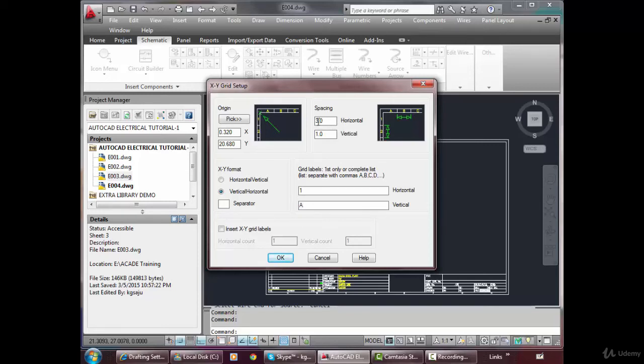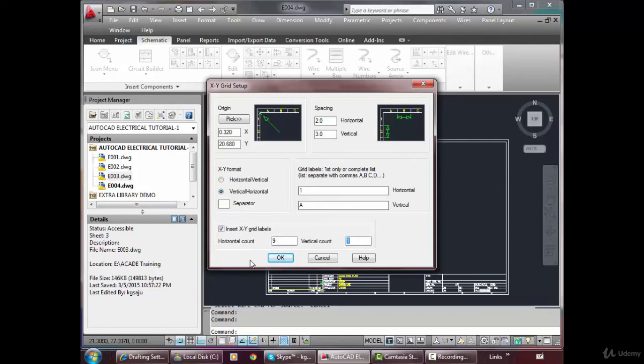Horizontal, this time I want to put 2 and it is 3. Insert grid table, horizontal count, vertical. These two counts you have to calculate as per your title block.